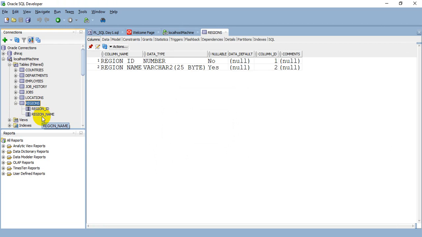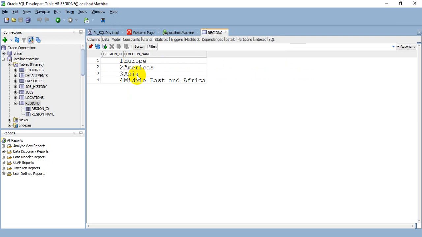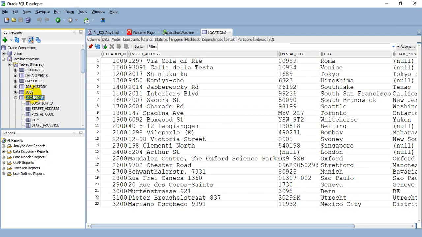So in SQL Developer, we have the facility. If you go to the data attribute right here, you'll be able to see what sort of data are stored currently. So we have Europe, Americas, Asia, and Middle East and Africa as being region ID 1 or region ID 4, and so on. So within a region, now if you see the locations table,